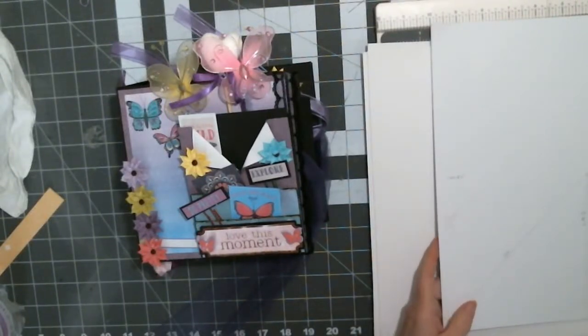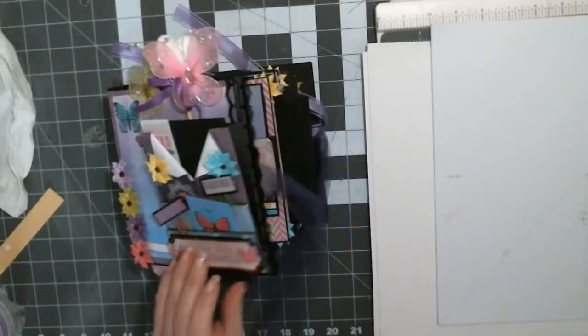Hello everyone. We are going to get started on our tutorial. So we are going to start working on page 1. So page 1,